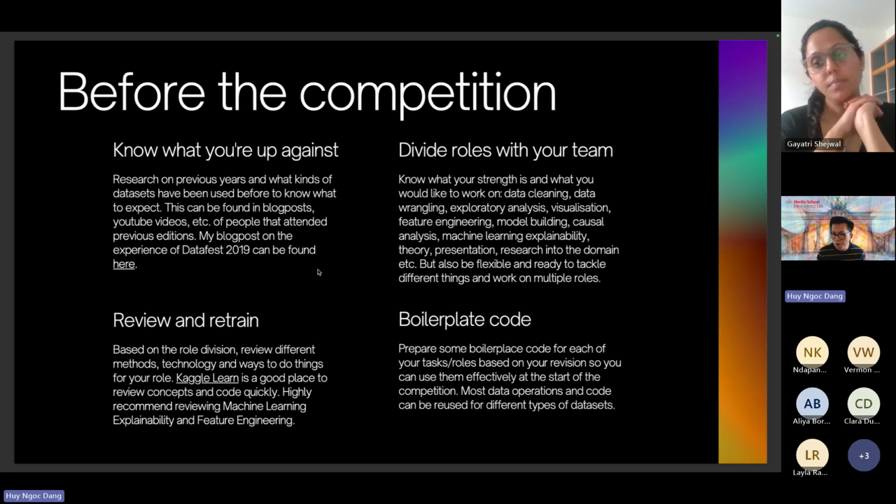Then you basically know the audience of the hackathons, and you also know perhaps the organizers, who they are and what they're interested in. And you can also infer what kind of topic would perhaps be a part of this competition.